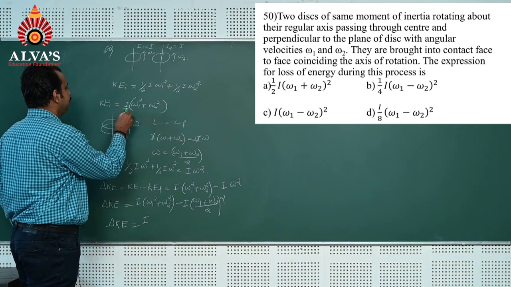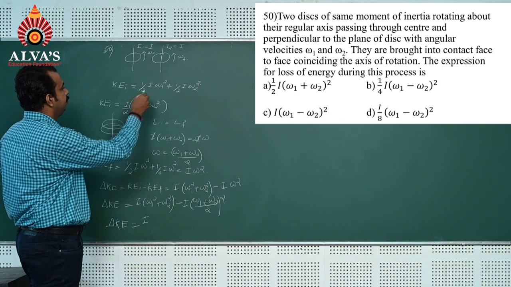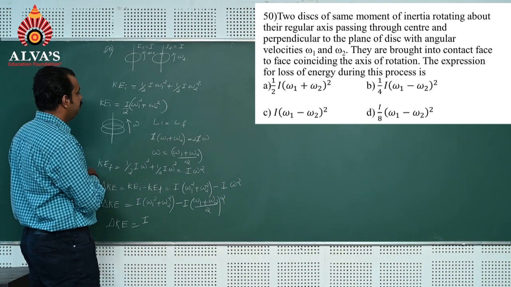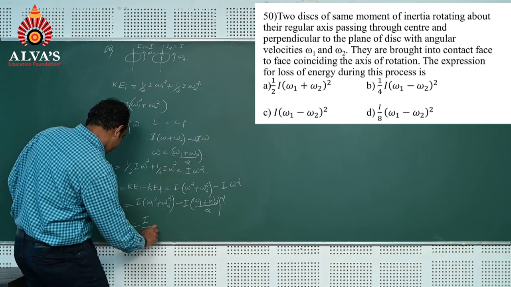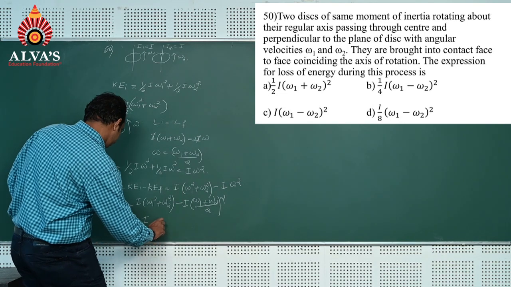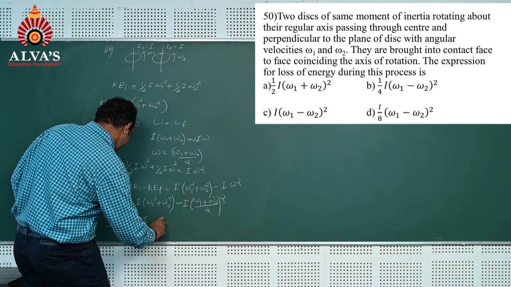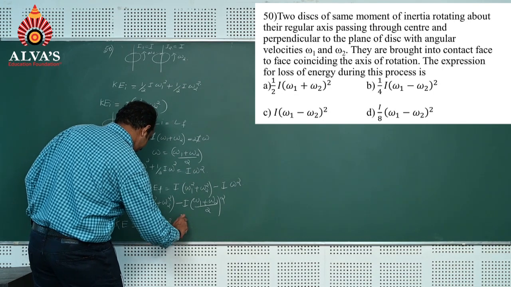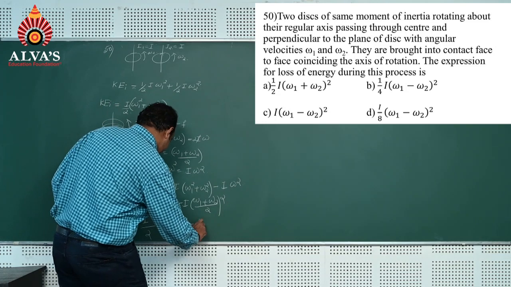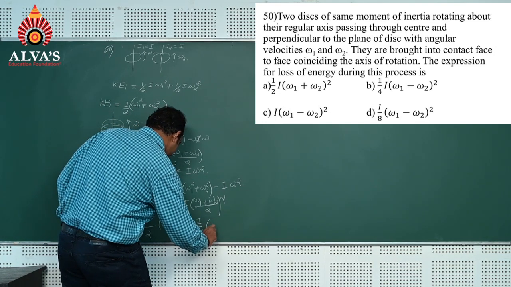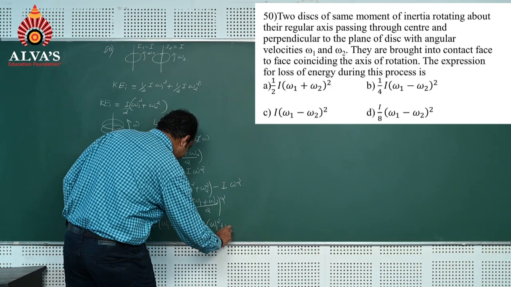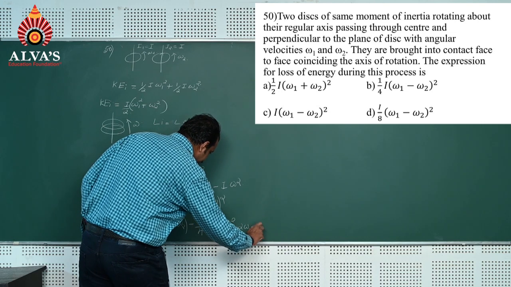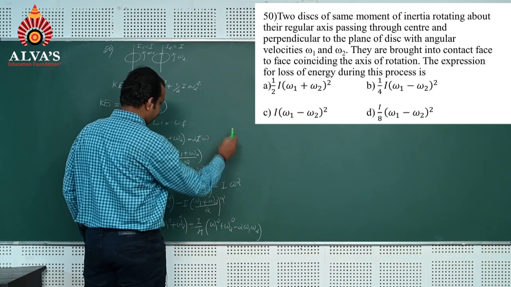Here I by 2 is there, I by 2 is common. So I by 2 into omega 1 square plus omega 2 square, minus I by 4 into omega 1 square plus omega 2 square minus 2 omega 1 into omega 2, which gives